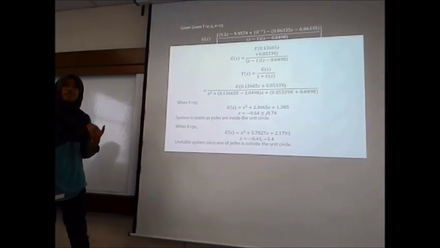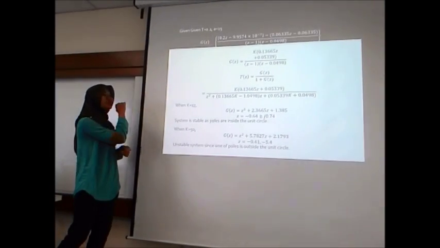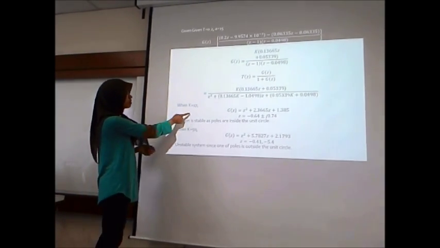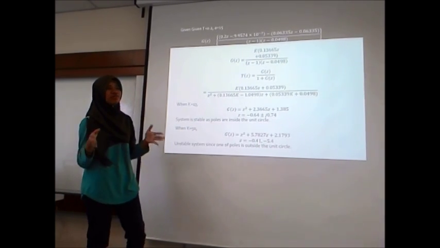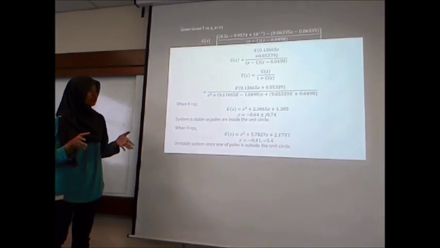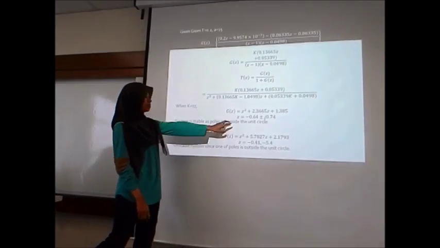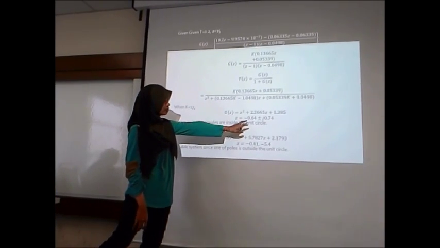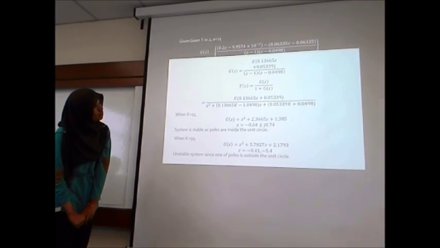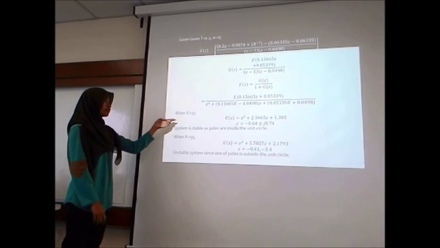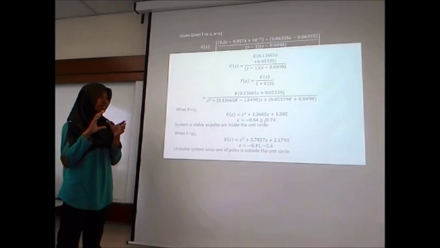So to determine whether our system is stable or not, we were given K equal to 17. Then we find the roots to see whether our system is stable or not. Then we obtain the poles Z equal to negative 0.64 plus minus J 0.74. So the system for K equal to 17 is stable because both of the poles are